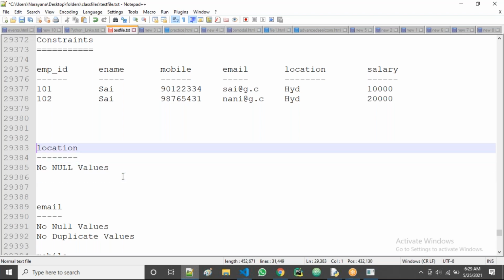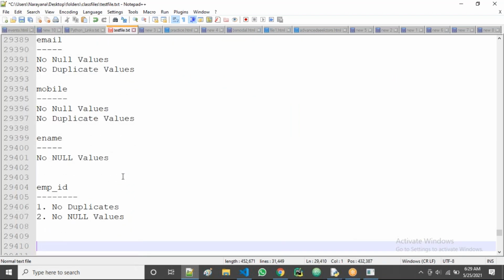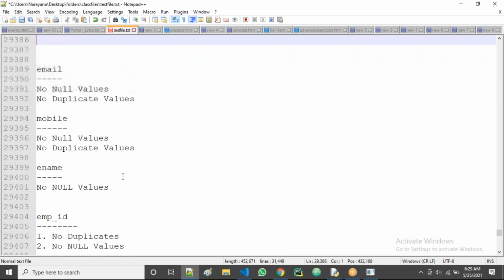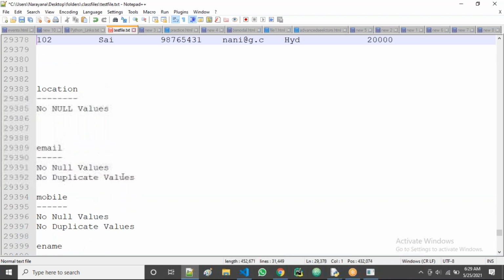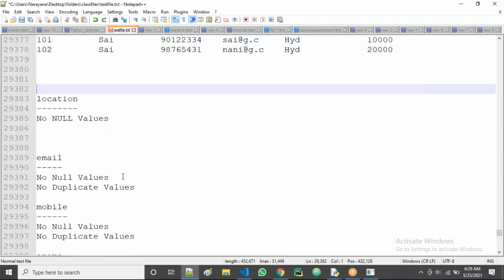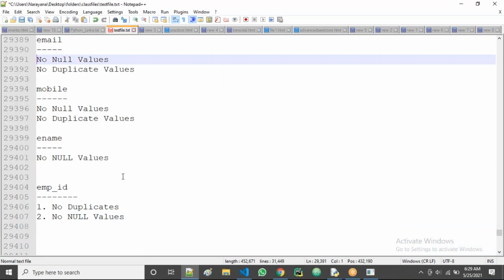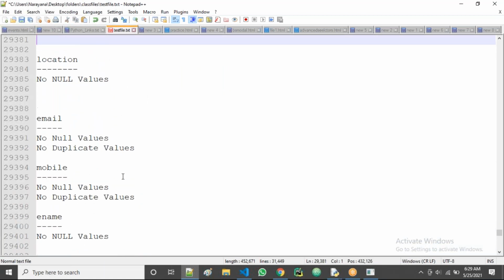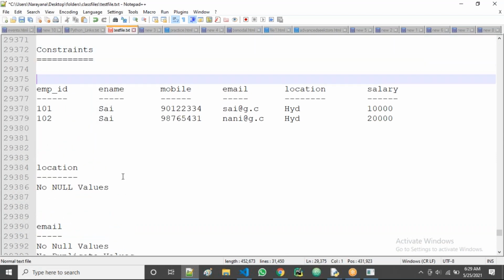So like this, all of you observe, we can keep the conditions, guys. And for mobile number, the total must be 10 digits only, the maximum is 10 digits. Like that, we can keep the conditions. These all conditions are called constraints, guys. To work with these conditions, we go with a concept called constraints in SQL.